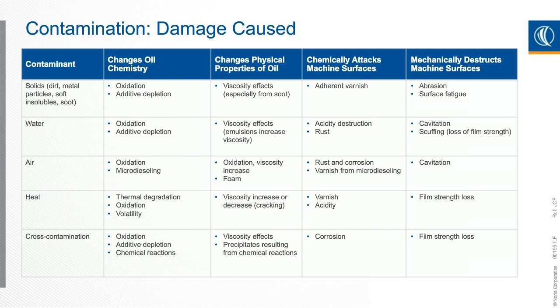Now, of course, contaminants can affect the machine surfaces themselves. Looking at the machine surfaces, it could become surface wear, and the wear mode could be fatigue wear, abrasive wear, or cavitation wear. It also could chemically attack the surfaces with, let's say, corrosion through the acidity in the contaminant. It can lead to deposits as a result of the contaminant and lead to more chemical reaction on the surface.